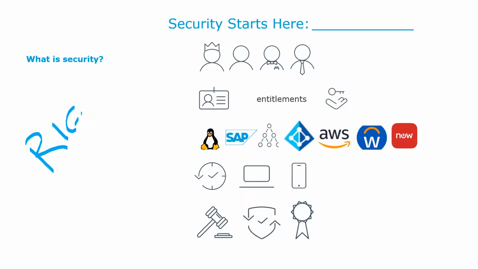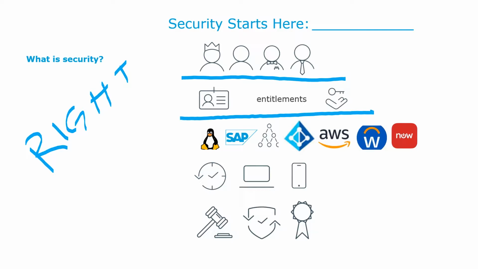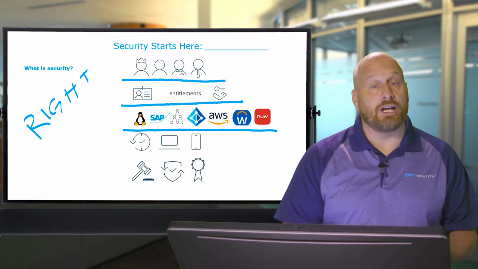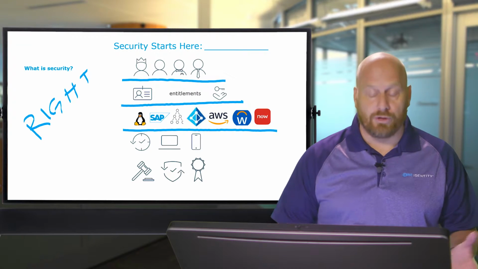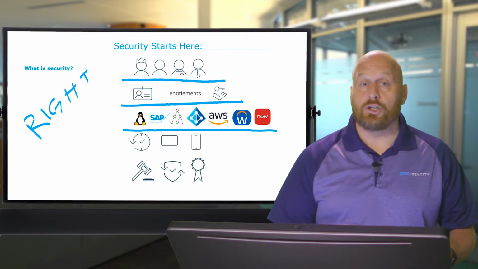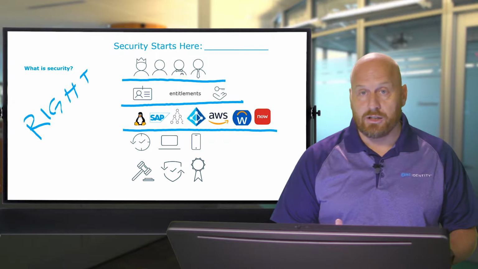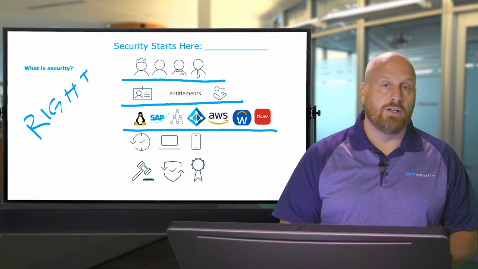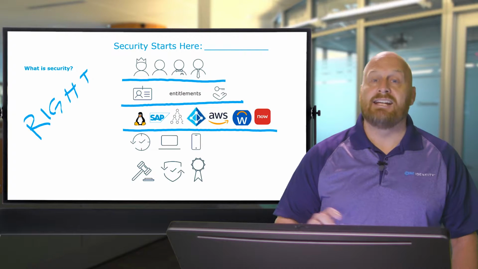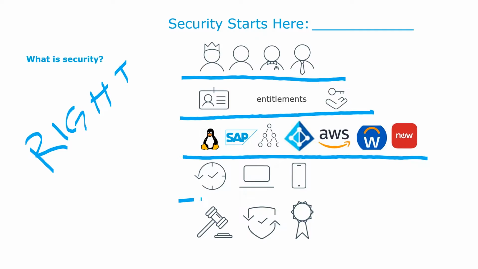The things that you need to get right are make sure that the right people have the right access to the right things. Now that could be Active Directory, it could be Azure Active Directory, it could be any number of apps on-prem, in the cloud, it could be servers like Unix and Linux, whatever. But there's a lot of stuff that you have to have people with the right access to the right stuff. They need that access in the right time and in the right way.